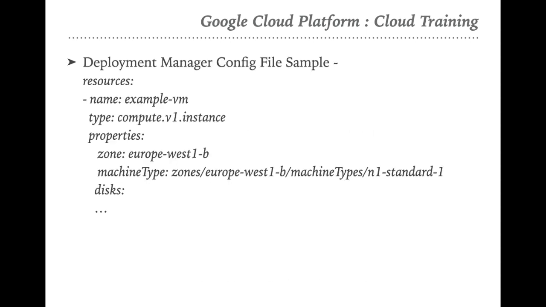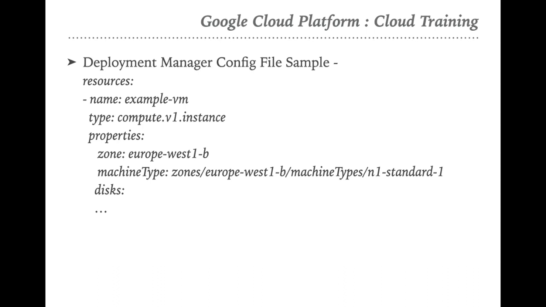Here I am putting a sample of the Deployment Manager config file. The first tag is resources. The resources tag is mandatory, and we need to define the resources whenever we list them out. When you are defining a resource, you need to define a few parameters, like name, which will explain the name of the resource being deployed. The next one is the type, which will define the type of that particular resource. Over here we are getting compute.v1.instance. It means we are going to deploy a compute instance.